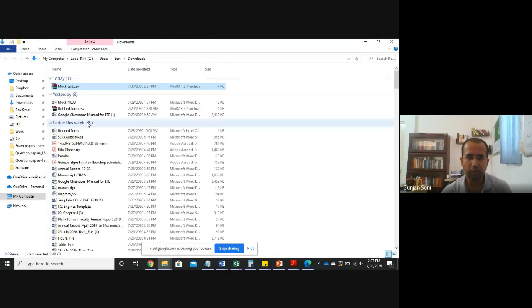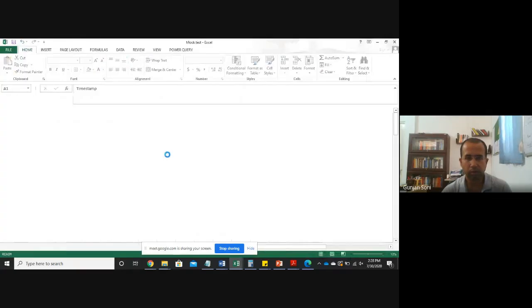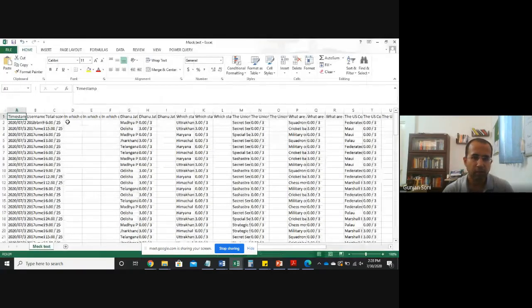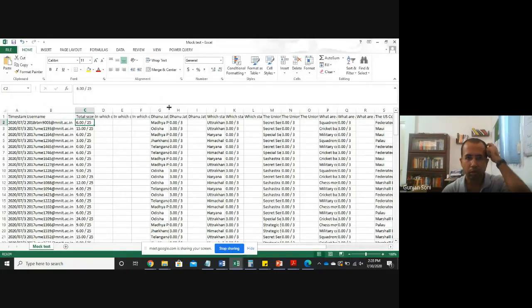And let's see how it looks. Extract. We'll extract the file. So it looks like this. Like this, for a particular username we are getting username and total score.